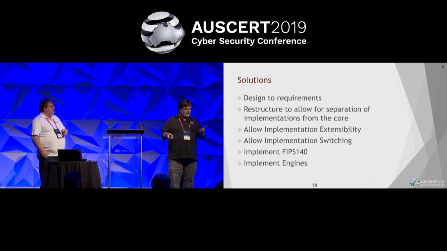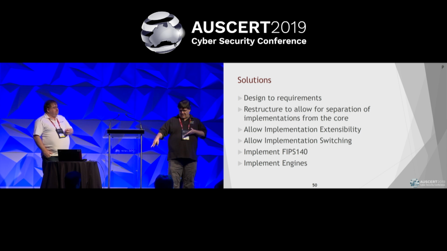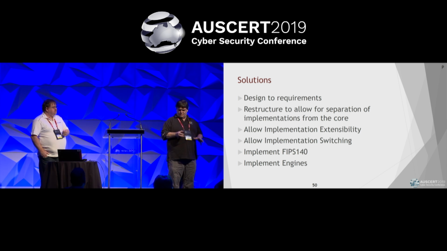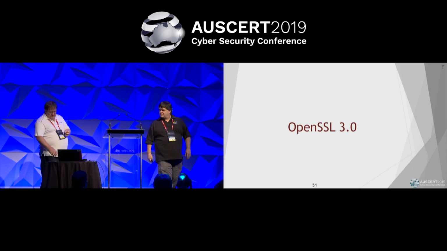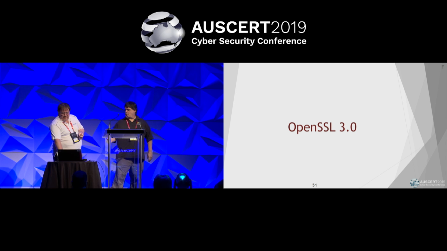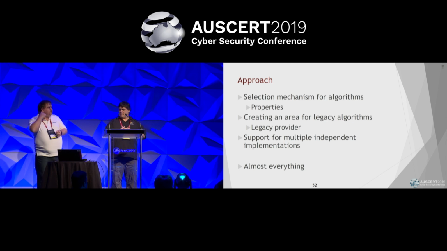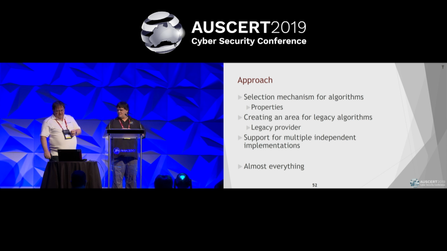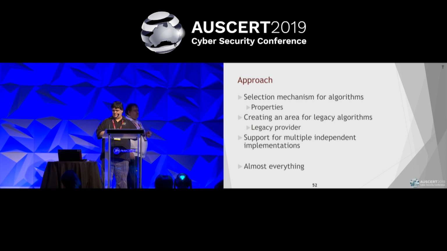Now we had to work out what we can do about this. We need something that replaces both FIPS and engine. We need, again, the extensible, the switchable superset. So at this stage, what we sat down and did is figure out, and we've still got a whole pile of slides to go, so we'll speed up on some of the material here, is we need to design a new selection mechanism.